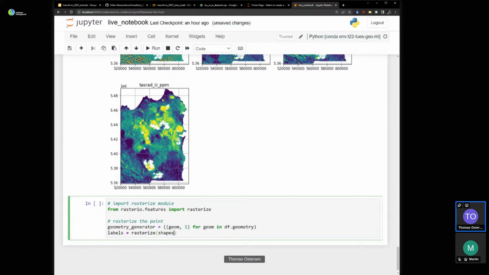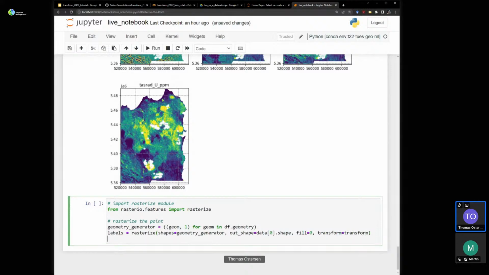The input shapes are the geometry generator. The out shape is equivalent to the shape of the no data mask, or even just data band 0, all the same shape. The fill, the background, will be 0, and it also needs a transform, which we have as transform.